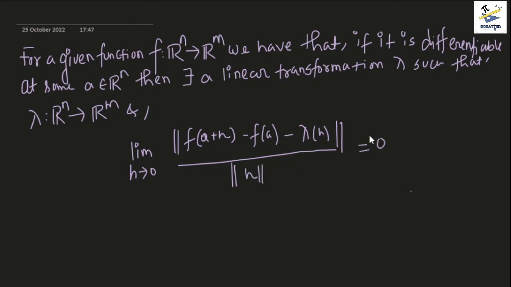So this was the condition for differentiation at the point a. So what we did find was, if we are given a function f from the Euclidean space R to the power n to the Euclidean space R to the power m, we have that if it is differentiable at some a belonging to R to the power n, then there exists a linear transformation lambda from R to the power n to R to the power m, and the following limit is satisfied, that is, limit h tends to 0, norm of f of a plus h minus f of a minus lambda of h, divided by norm of h, goes to 0. So this was the whole definition,